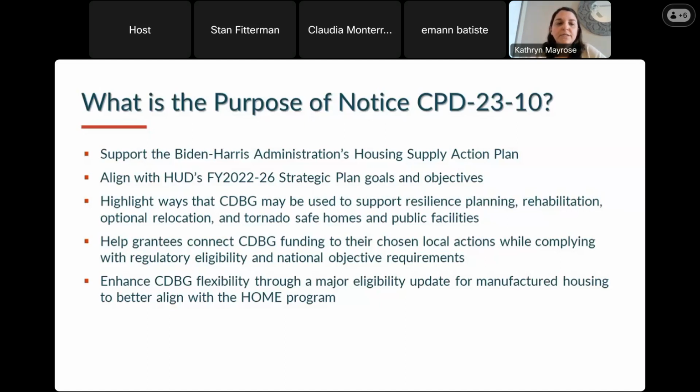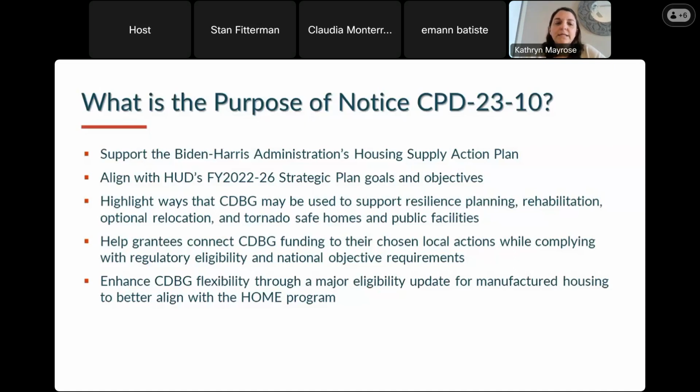Another reason for this notice is to help grantees figure out what the compliance pathway might be if they're trying to use CDBG funding to fund the activities that work best for their local communities, in order to address your own housing needs while making sure that you're compliant with the applicable regulations and national objective requirements. And then lastly, and the reason that we're all here today,